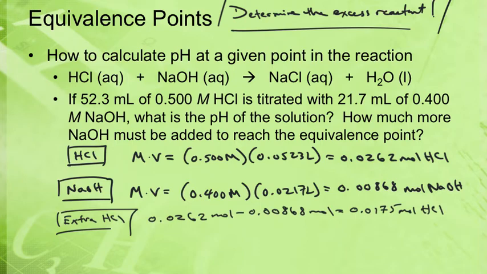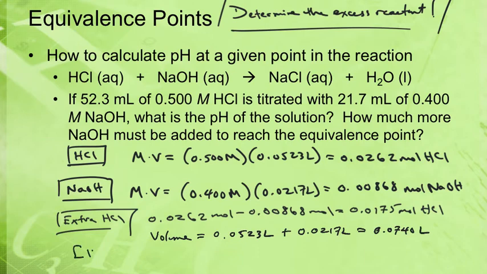We then need to figure out what's the volume, right? In order to get to pH, I need a concentration of hydrogen ions. So the volume is going to be the two volumes added together, since we've added these together, right? It was 52.3 milliliters, which we'll write here as liters, plus 21.7 milliliters. 0.0523 plus 0.0217 is 0.0740 liters. So the concentration, since this is extra acid, of the hydrogen ion or hydronium ion, is going to be